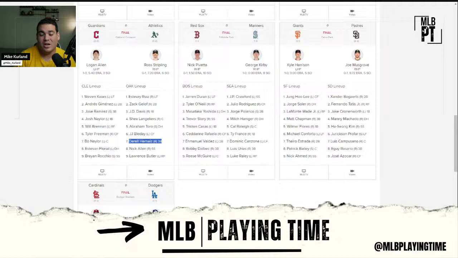JJ Bleday stayed in against the lefty. I wasn't sure. I initially had him as a platoon bat as well as Lawrence Butler. They both started over Seth Brown. Maybe their defense in the outfield is why, because Brown's older. Maybe they want to actually let the young kids play through it. But Rooker sat. That's where I found it weird that Rooker sat, especially over Toro, but Toro batting fifth is ridiculous.